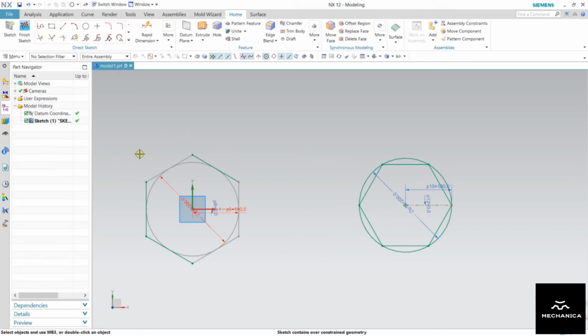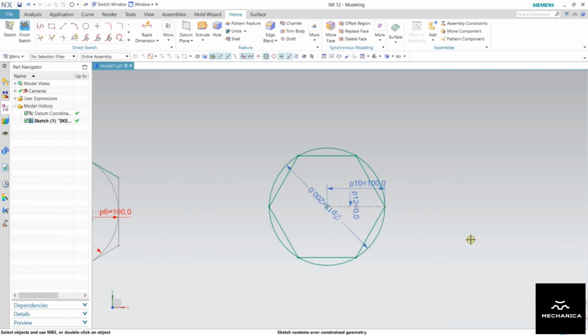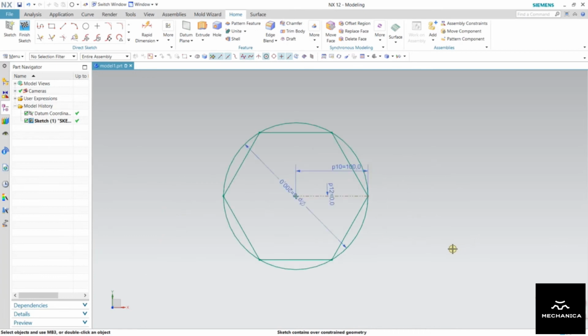So the first polygon we have created is the inscribed polygon. The second is circumscribed. In here we can see in case of inscribed polygon we can insert a circle of same diameter inside the polygon. While on the second type, when it is circumscribed, the circle will pass through all the endpoints of the polygon. So that is the difference between inscribed and circumscribed.